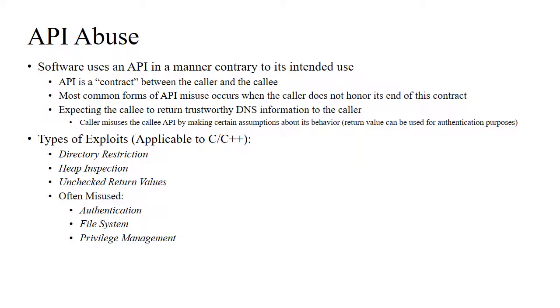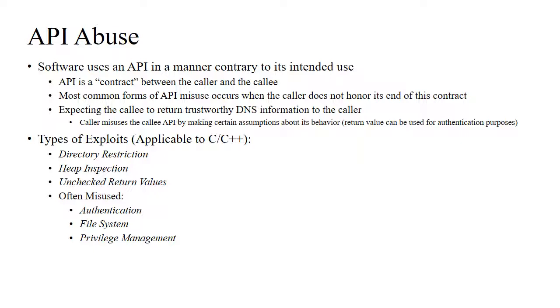The second type is API abuse. Now, the API is a sort of contract between the callee and the caller, and most times the API abuse occurs when the caller does not honor its end of the contract. For instance, if the callee is to return trustworthy information to the caller, but the caller makes certain assumptions about this behavior, which can lead to restrictions or leakage of important data. Examples of these types of attacks are directory restriction, heap inspection, unchecked return values, or misuse of authentication, file system,